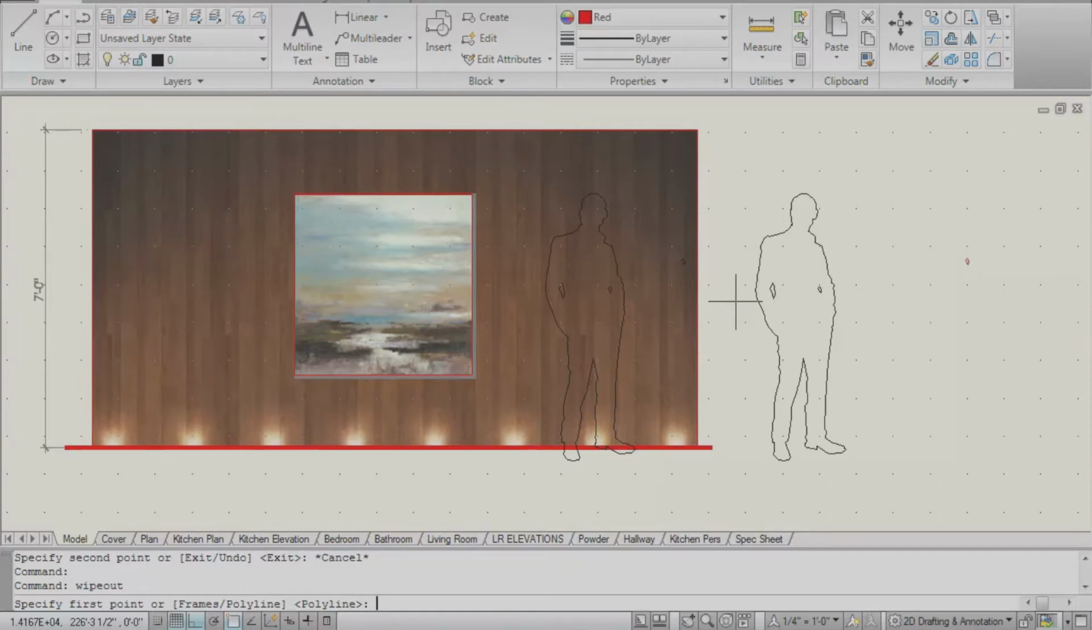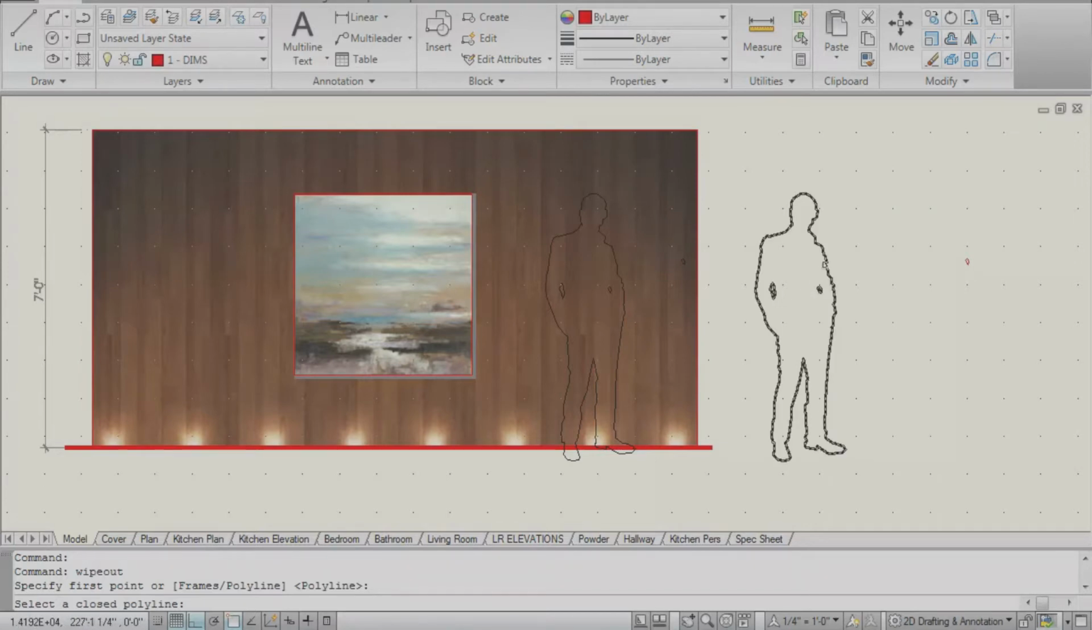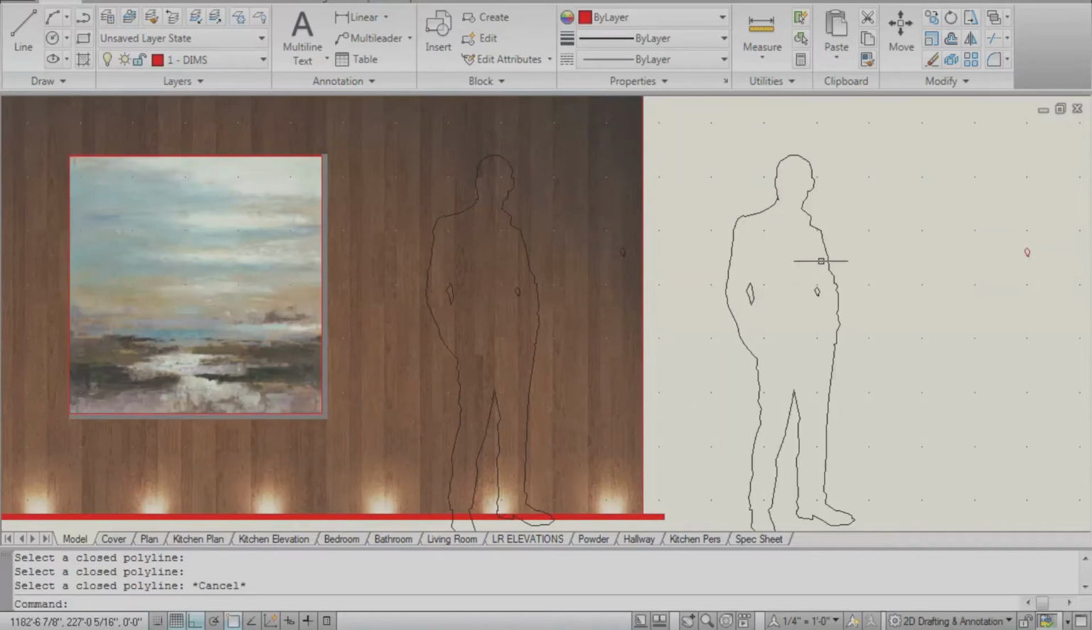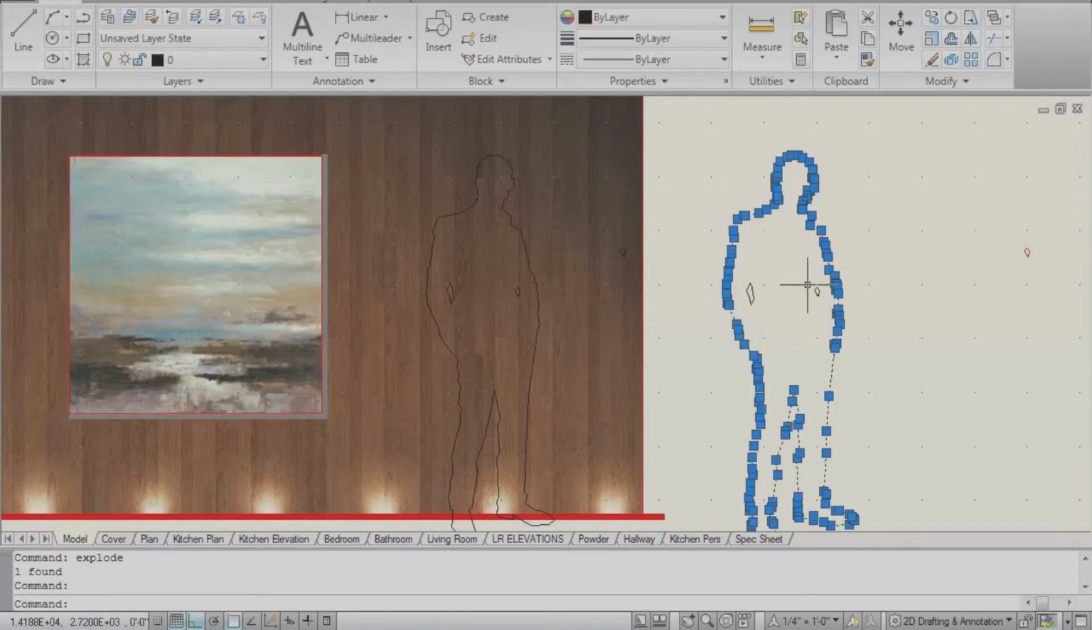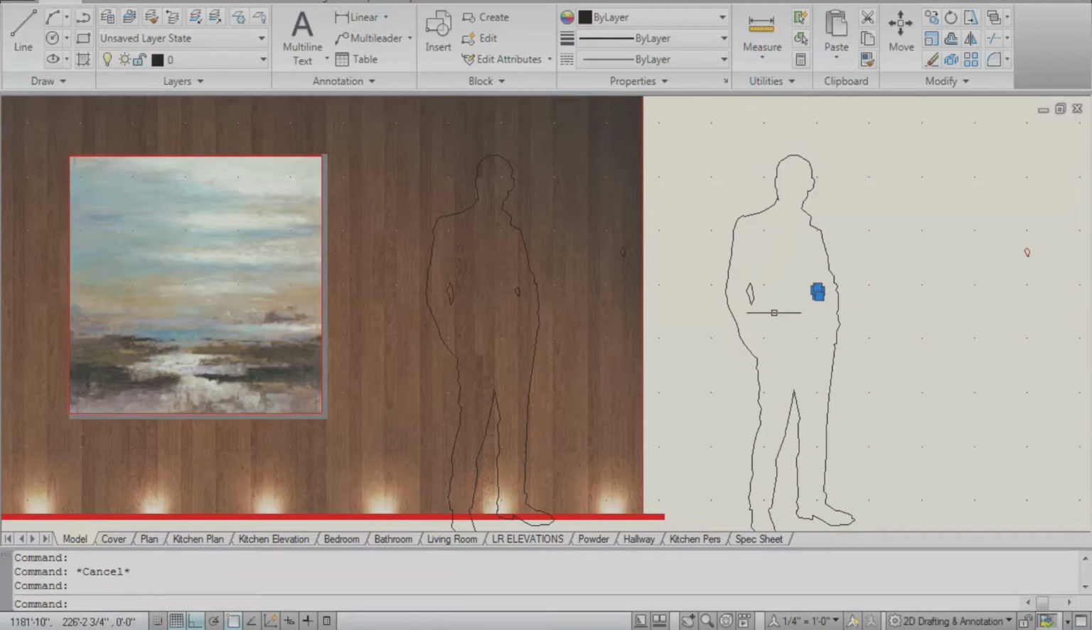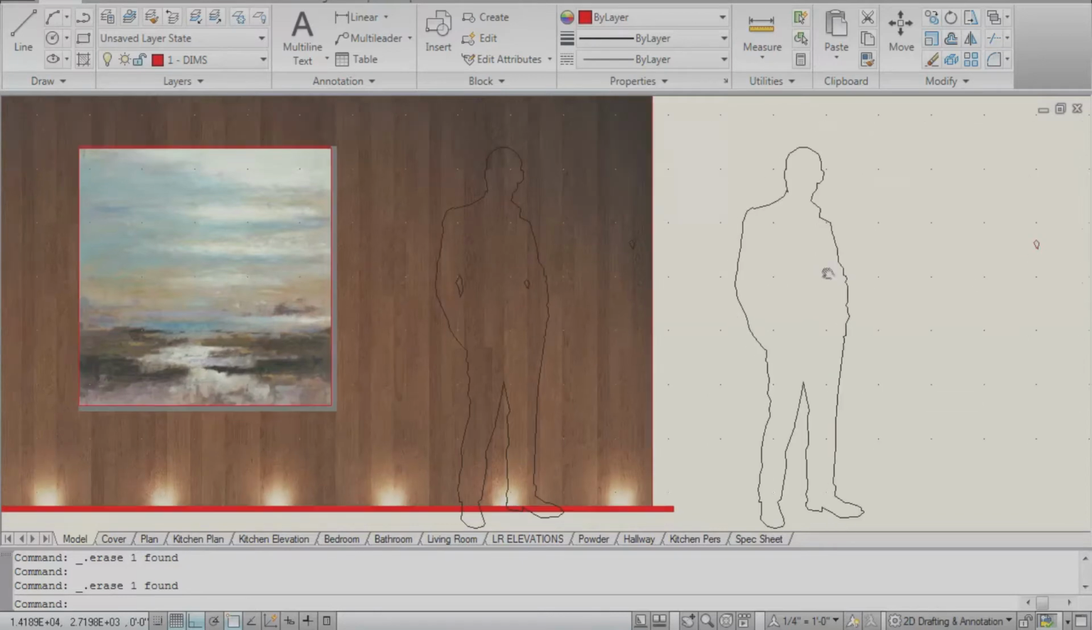So polyline is what I'm going to enter, and it's going to ask select a polyline. Oh, it's asking me again, select a closed polyline. Bam. No, nothing. There is a reason. Somehow this is not closed. So what I want to do is explode it, because you can see that it has more than one character. So when I explode it, he is still together, but then these little guys over here are gone. So now if I want to wipe out